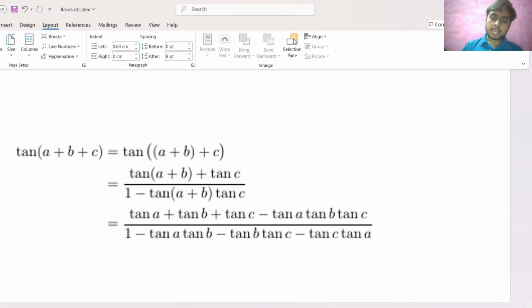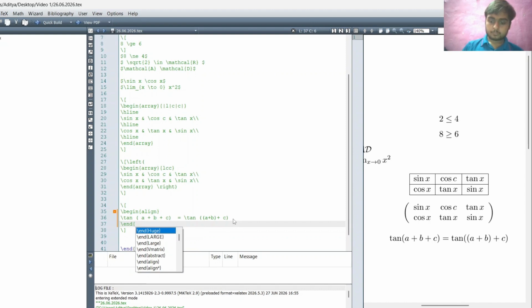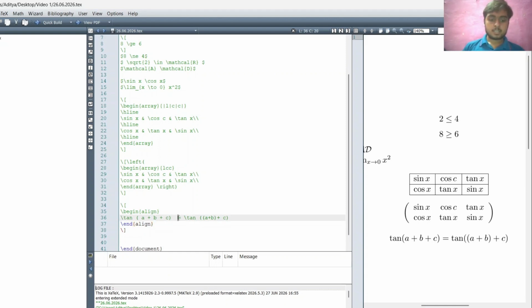So for alignment, I'll use the align environment here. So backslash begin align and backslash end align.